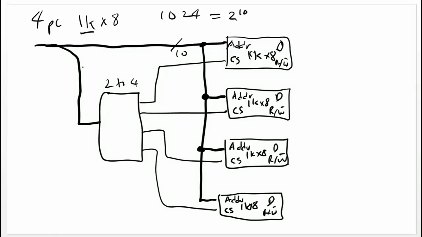What I mean here is that this is 2 bit, and the original line, this is actually 12 bit. Split of 2 goes to the decoder, and 10 goes to the address of the ICs. So this is actually the address line, the original address line. And then you need a thick line